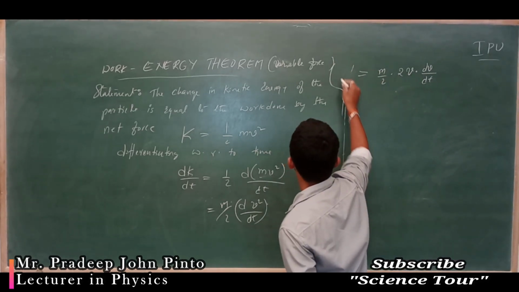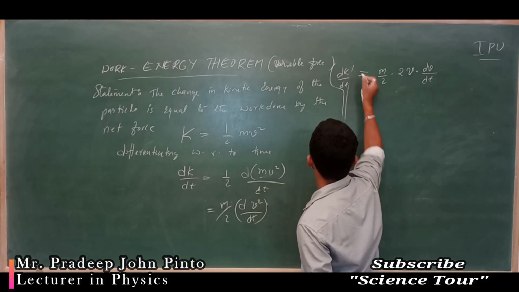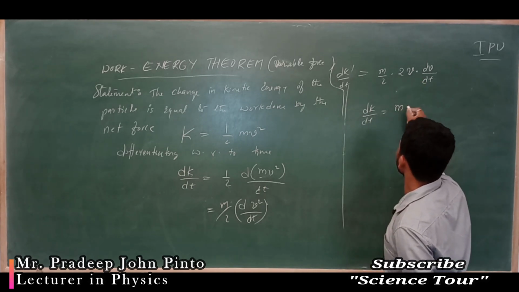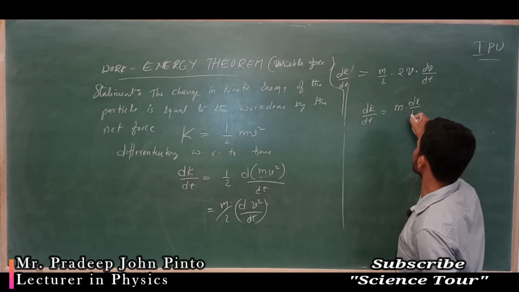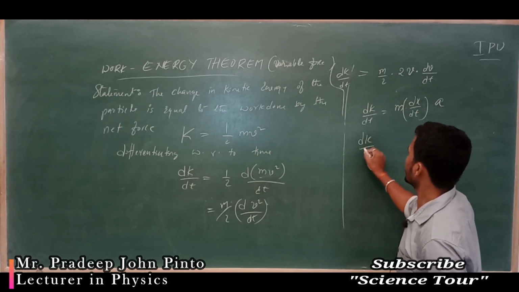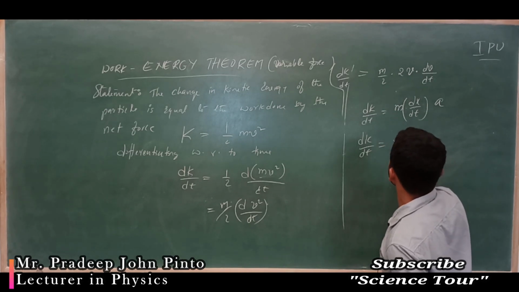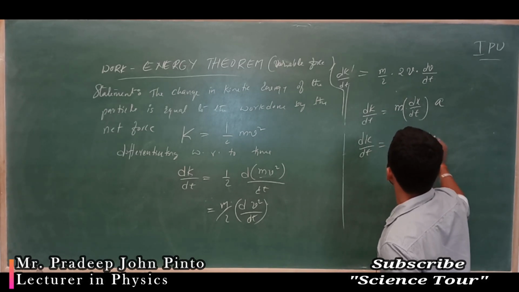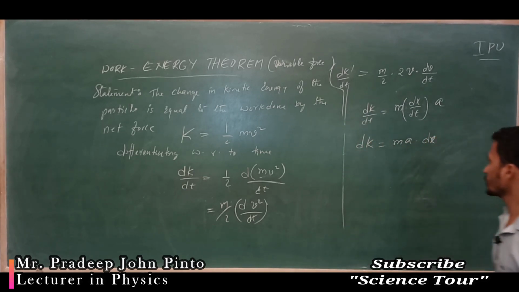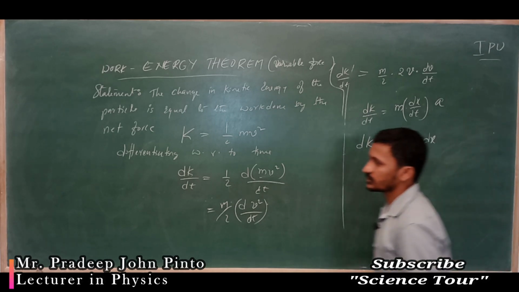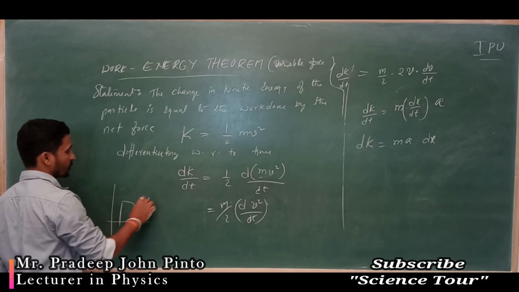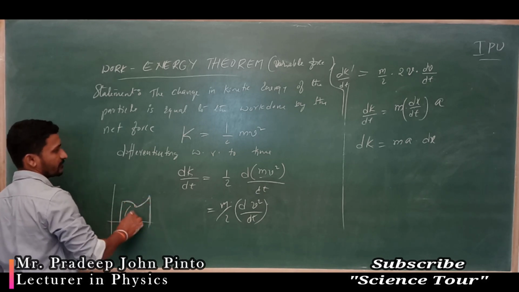Okay, what is here? That is dK by dt. Now dK by dt you are going to write down, 2 cancels, m into v means what? dx by dt. dv by dt means what? Acceleration. So dK by dt is nothing but how much? m into a into dx by dt, dt cancels, so I can write down dK. So that means the small change in kinetic energy when you are pushing that object from x is equal to 1 to x is equal to infinity is that much.